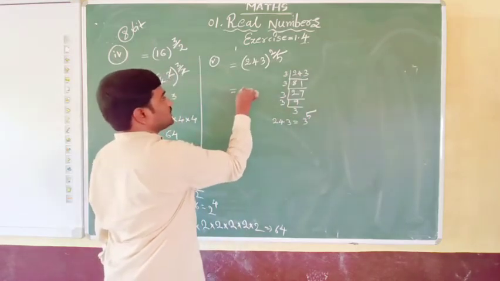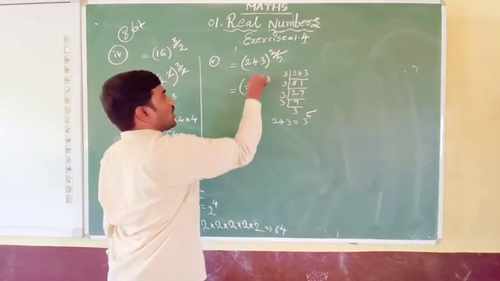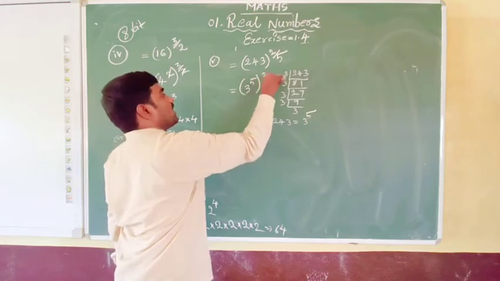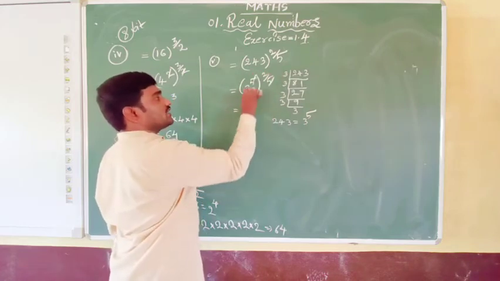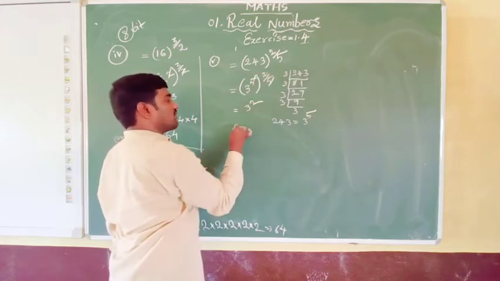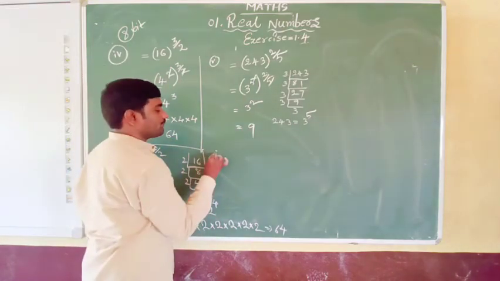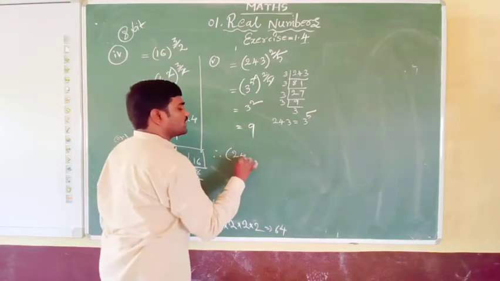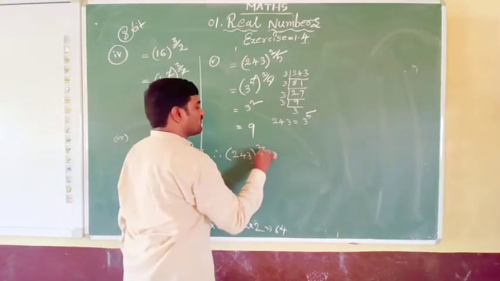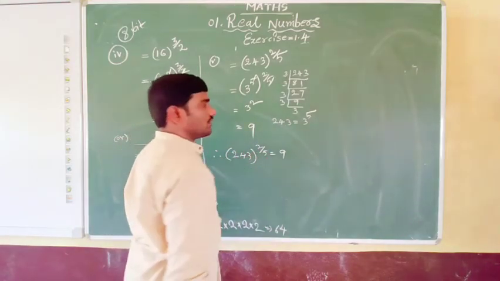The same thing we write here, 3 to the power of 5 all to the power of 2 by 5. Hence here 5 and 5 get cancelled directly. 3 square will be left. The 3 square value is 9. Therefore, 243 all to the power of 2 by 5 is equal to 9.